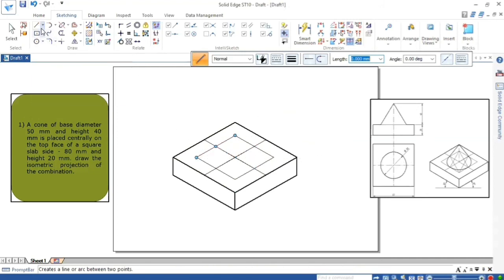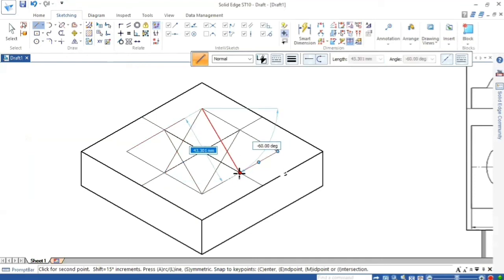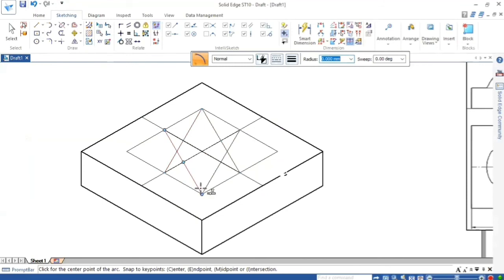How to construct an ellipse? Go to normal line. I'll zoom this area a little. From this end to the midpoint of the opposite side, draw a line. From the other opposite side to the midpoint of this side. Once you construct this, go to arc by center point. Take the same corner and the same radius, the radius of the line you drew, and cut in half. Similarly, draw in half. Then on the opposite side, take this radius and draw an arc from here.